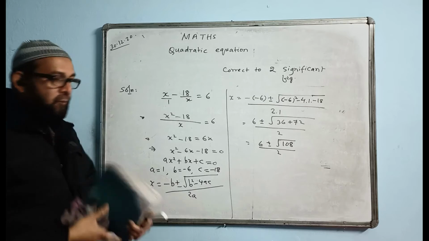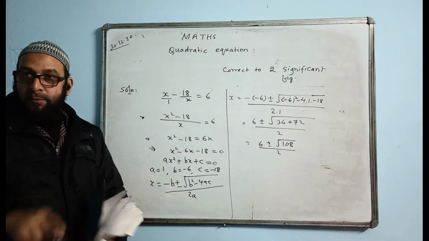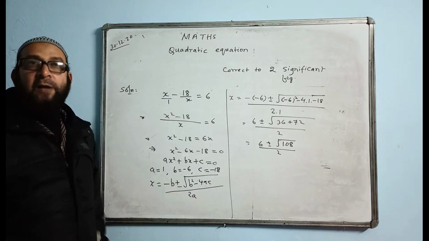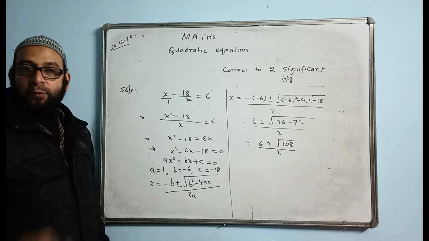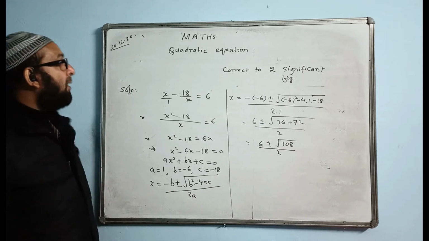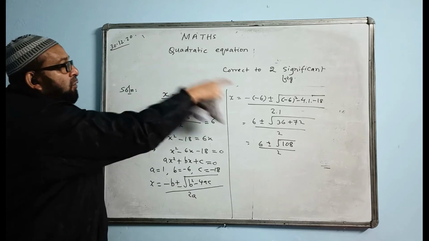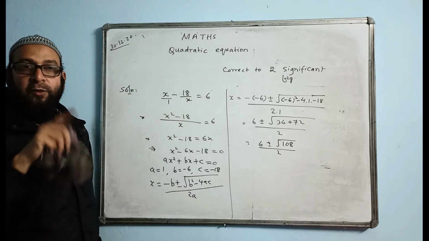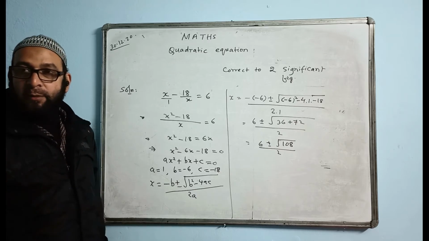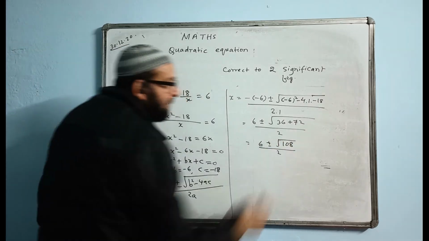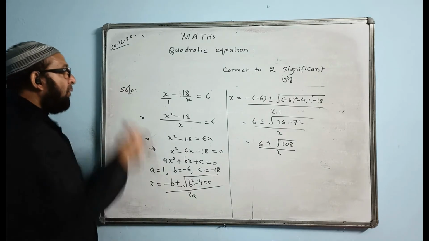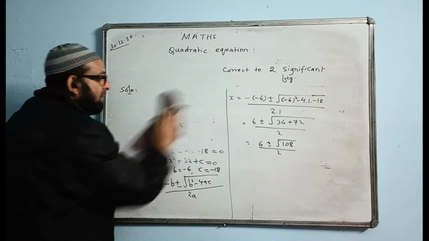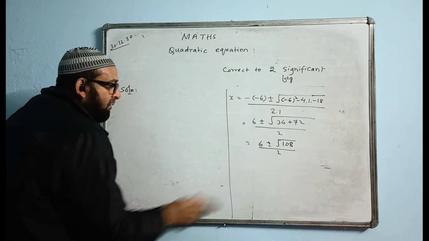Root 108 value will not be available in the page. Okay, because value in the page is given up to root 100 or anything with the 0 coming, like previously I had done root 160, so that means root 10n form, that form is also available, but at the end there is no 0 coming, it is coming 8. How to find the value now in this case?